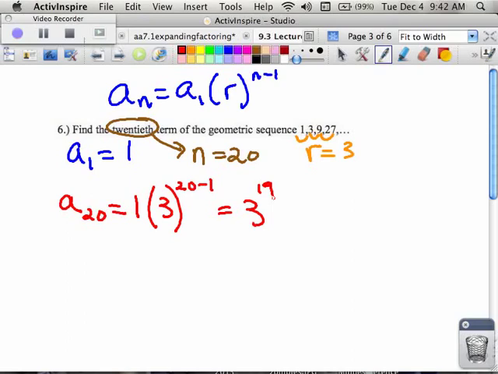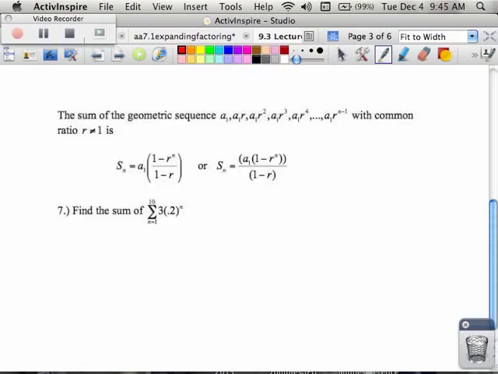This is a very large number. 1,162,261,467. So we have thousands, millions, billions. So for the rest of this lesson, instead of talking about the nth term